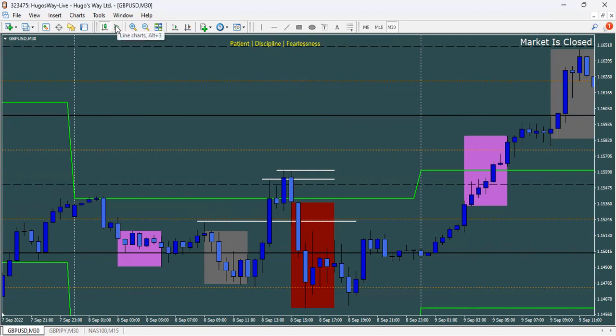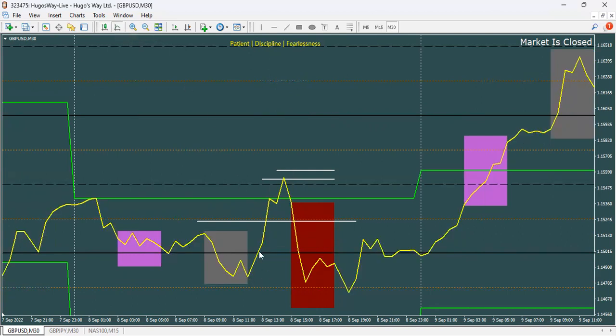All right, so now if we look at this on a line chart, you can clearly see that we put in a high, we put in a higher low, then we extended above, putting in a new higher high, but failing to break above that new higher high, and the market dropped down to the downside. And like I said, you want to see these at strong levels of resistance, because as you can clearly see, we broke above